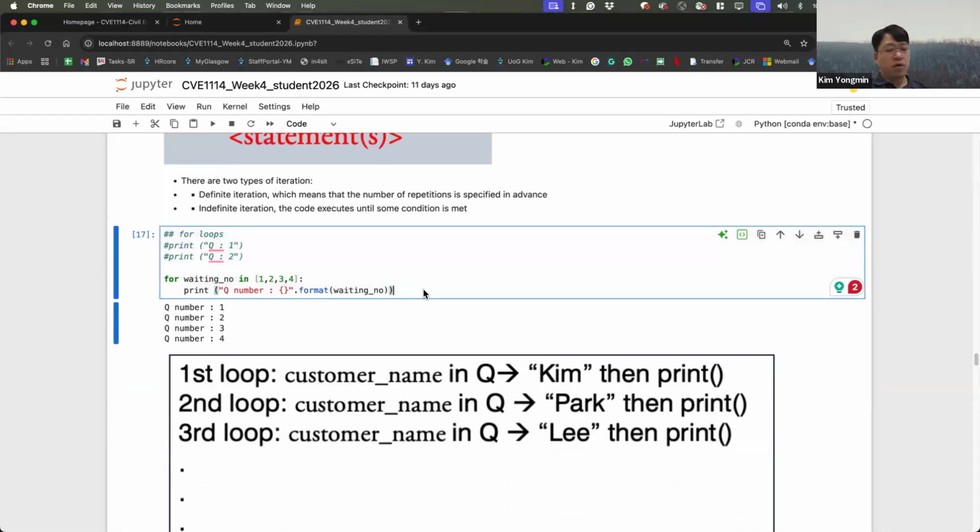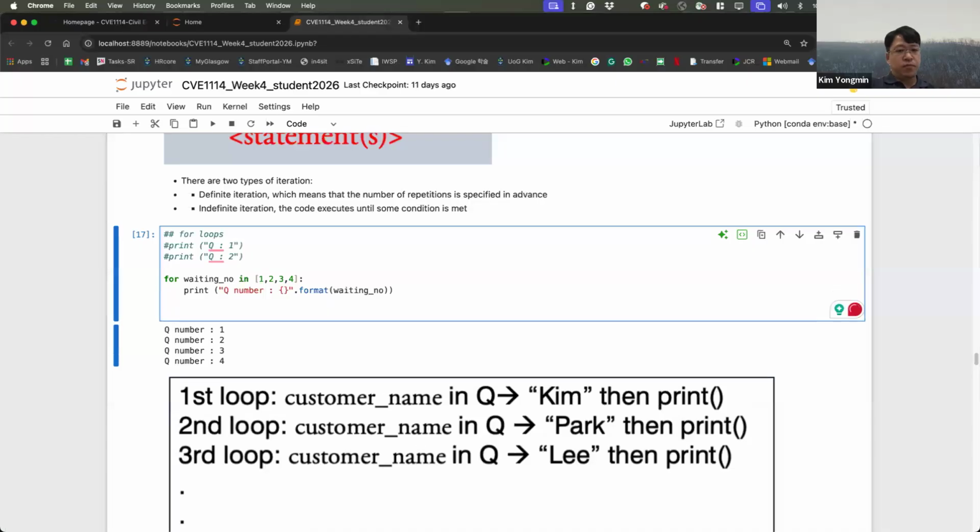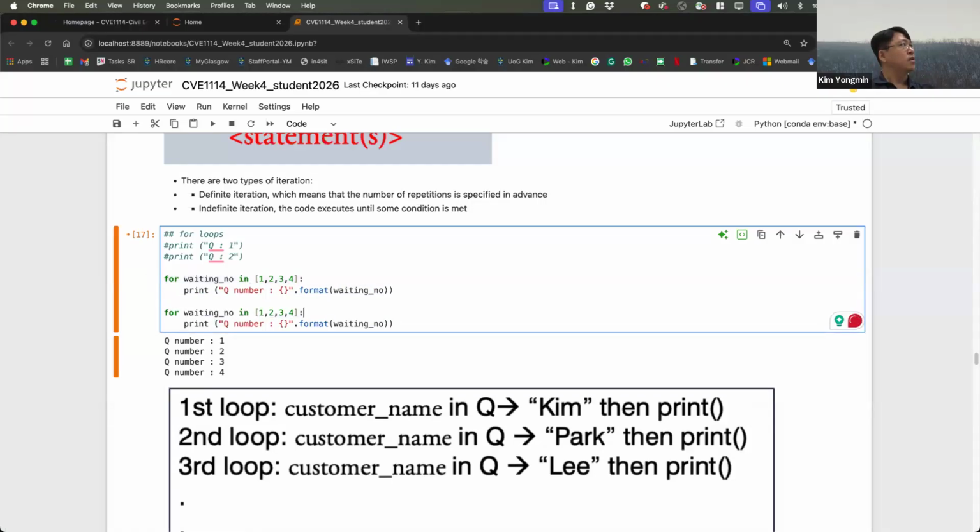Let's use all of these things. How about if the list is something very long, so many people are waiting? So in this case, you can use this range function, something like 5 or 1 to 6.